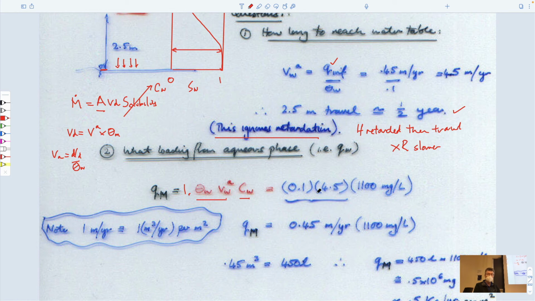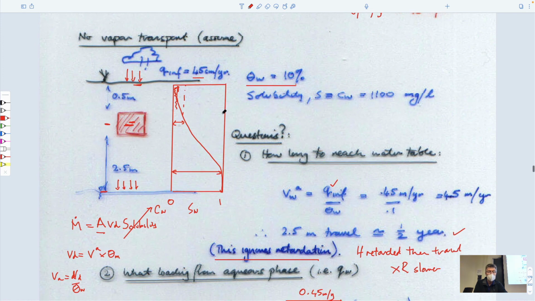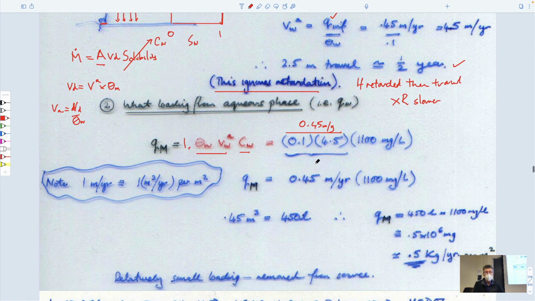The advective velocity is 4.5 meters a year. These two together, of course, would be 0.45 meters a year, the same as the infiltration magnitude, 45 centimeters a year. And this would be the concentration of the dissolved contaminant in water. It was 1060 or 1100 milligrams per liter. And so if you do the math, you end up with a magnitude of something like